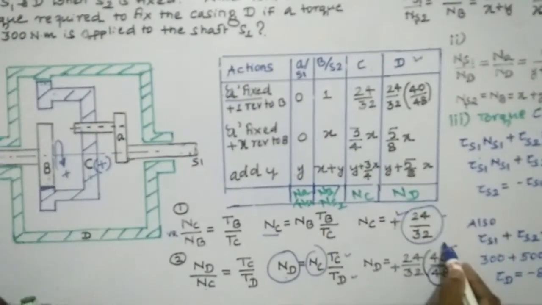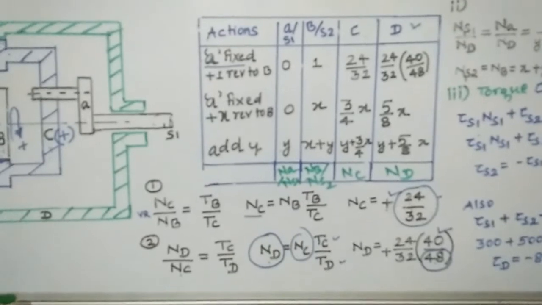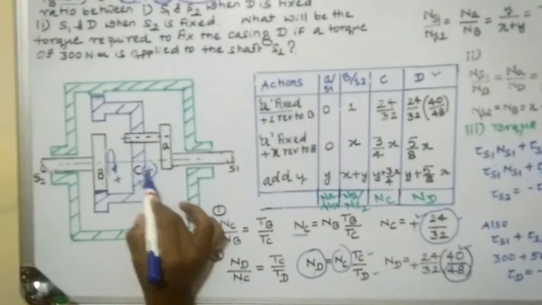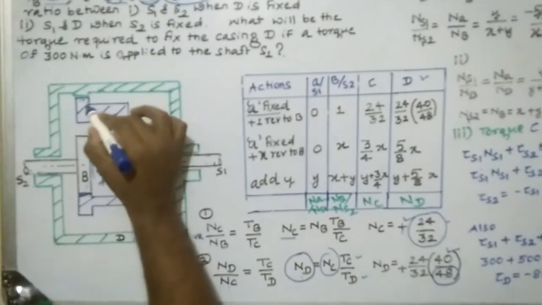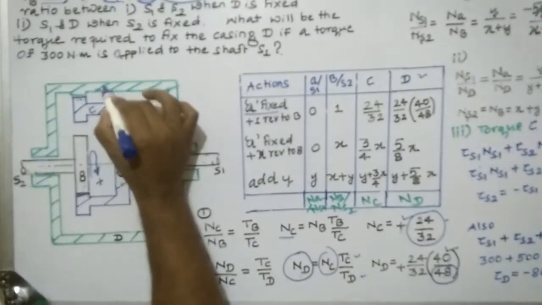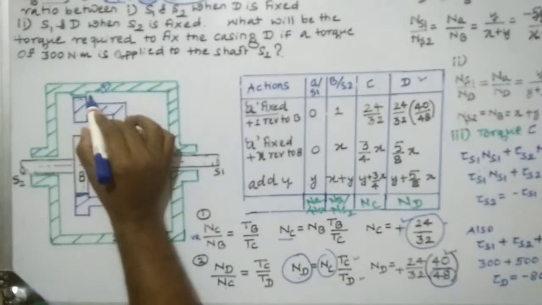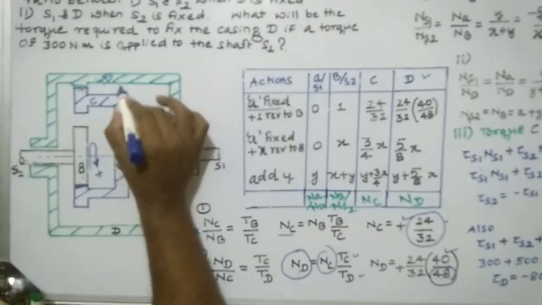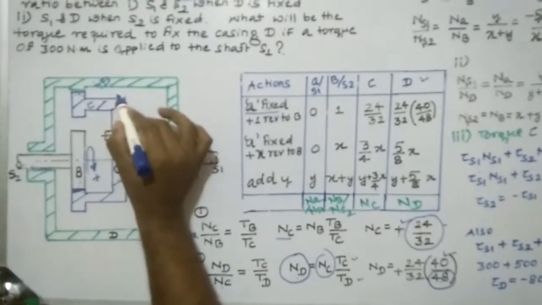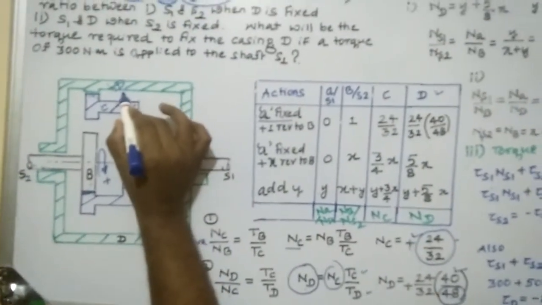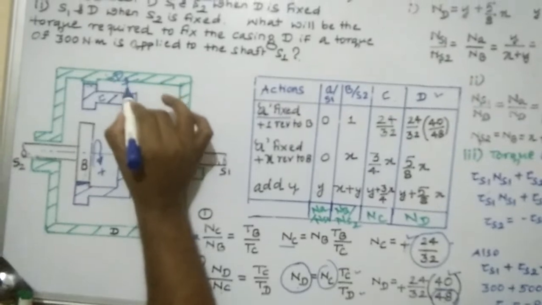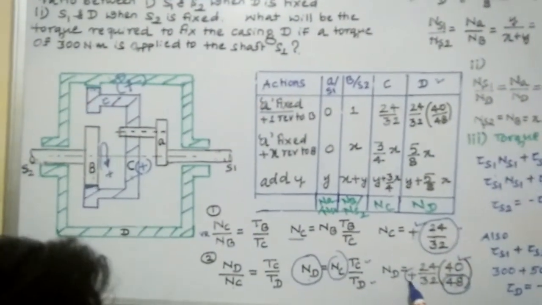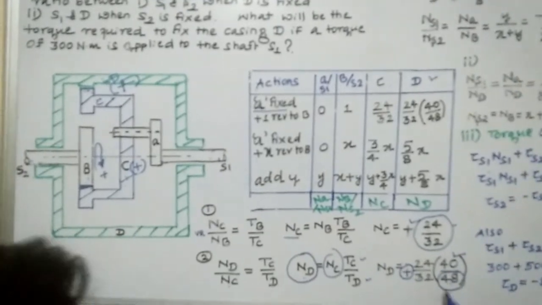Look at this one. You put the values. Then you come to this sign. This is a positive direction, that is a clockwise direction. Meshing between the C and D, this is C and D. This is internal, this is external, then both will rotate in the same direction. That's why it also comes as positive only. D is also rotated in a positive direction. I have taken positive here also. Then you keep this value.